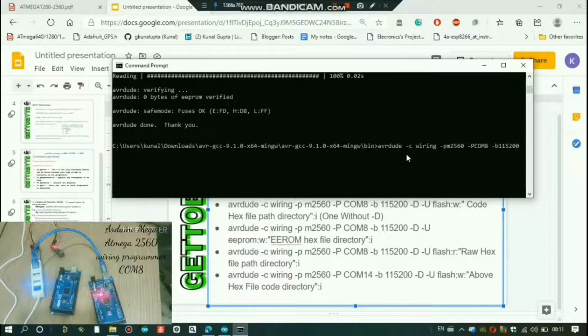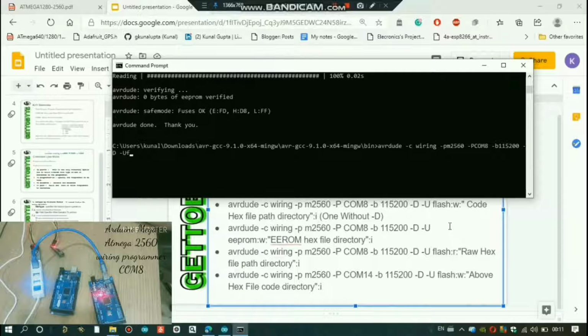Now you must be knowing why I am specifying all such things. -C wiring tells which AVR programmer I am using. -p m2560 specifies which microcontroller I am using. The port -P COM and baud rate are required because we are uploading via serial communication UART, using the Arduino cable. Then we type -D to override the erase cycle.